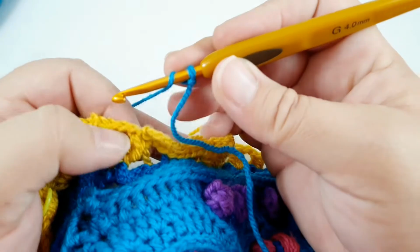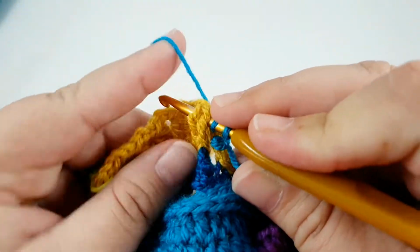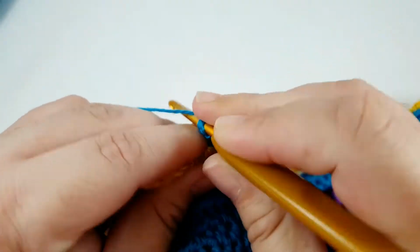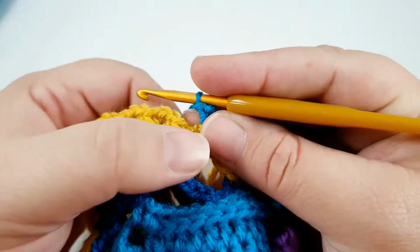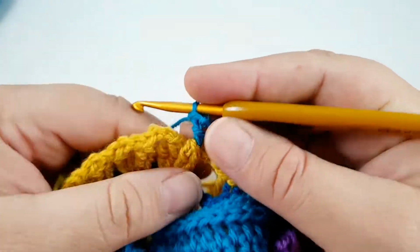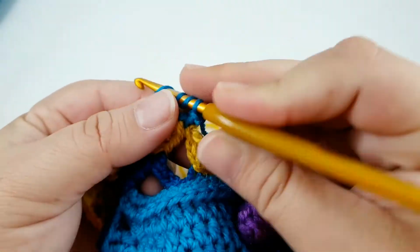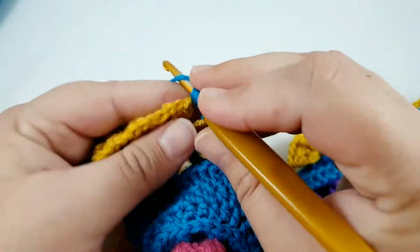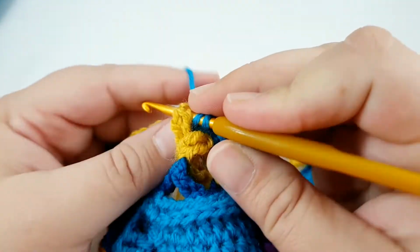Okay, to start round 60, we need to make a front post double crochet around the first treble cluster of the corner group, so the very first one, 2 double crochet in the chain 2 space, front post double crochet